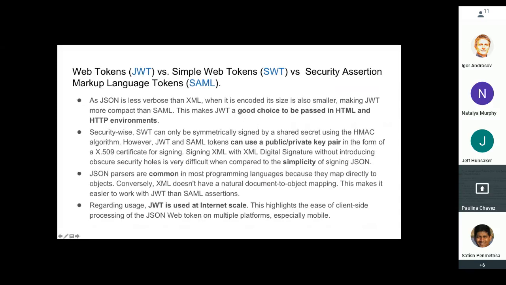I found this comparison between JWT tokens, Simple Web tokens, and SAML tokens, and I thought maybe it's important for you to see it. I don't know if we will get any questions around this, but in summary, you can read this. I'm not going to read it, but what I got out of reading about these tokens is that JSON tokens are much simpler than all the other tokens, very compact, and very easy to use